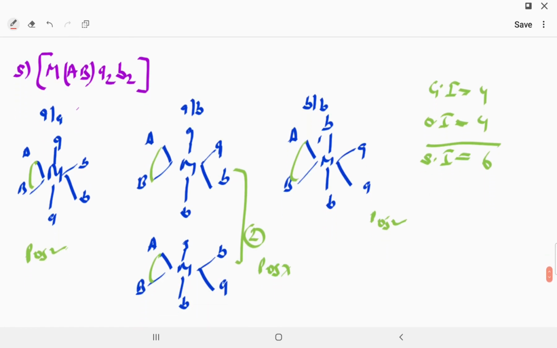Now guys you are able to see that MAB A2B2. Okay, in this case you are able to see that MAB A2B2. Now this case is also important. In this case the bidentate ligand is one unsymmetrical end, and 2 are the same monodentate ligand, 2 are a different monodentate ligand, that is also the same. So AA trans, AB trans, BB trans.